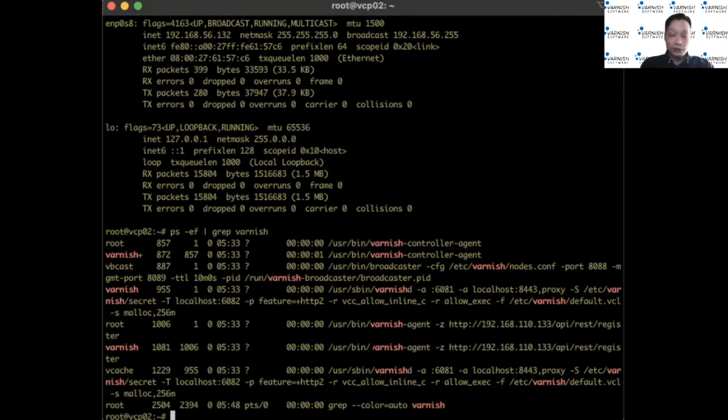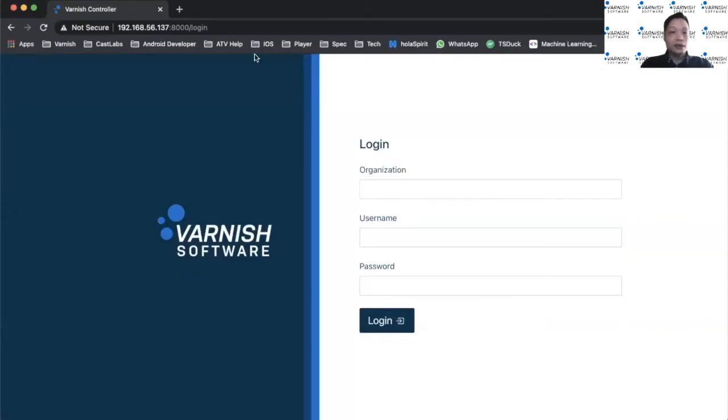We install the Varnish Controller on another machine, 137. So let's check on the 137 with a browser. Okay, here is the Varnish Controller and we just log into it.